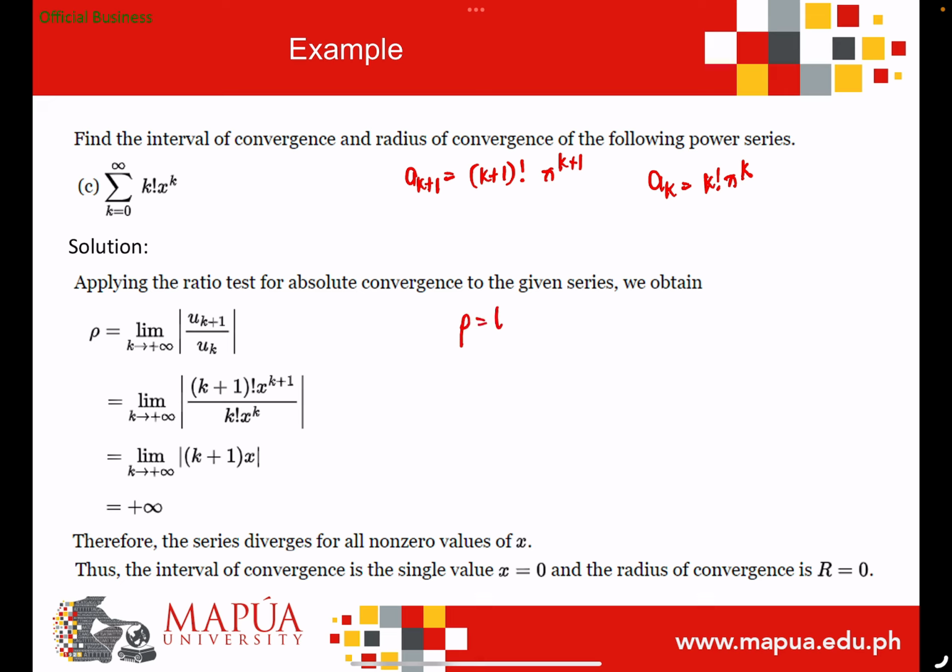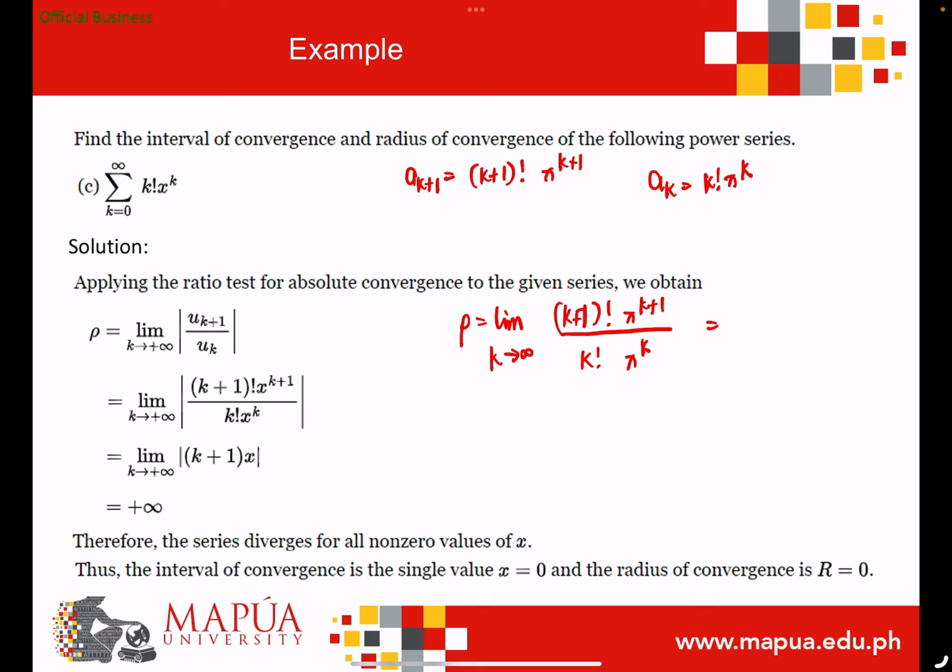So for rho, it is the limit of k plus 1 factorial x raised to k plus 1 over k factorial x raised to k as k approaches